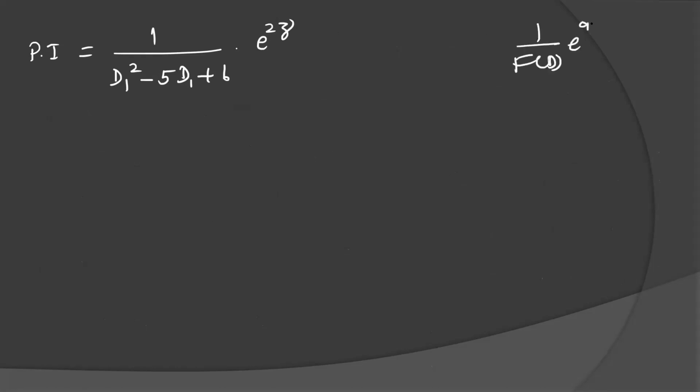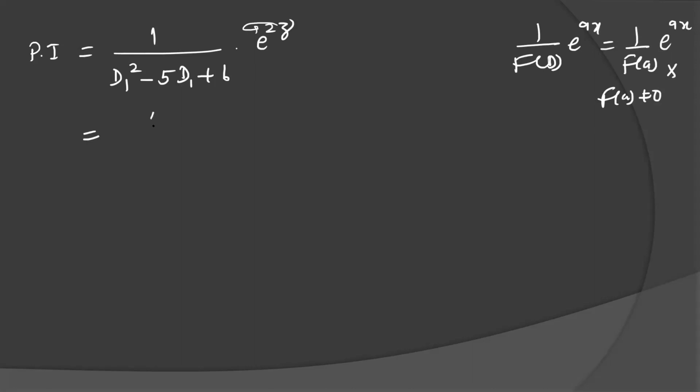Let's see the particular integral. For particular integral, we write d1 polynomial in the denominator, d1 square minus 5d1 plus 6, and RHS is e to the power 2z. So if we replace, what is the rule? I told you, if you have any f(D) into e to the power ax, particular integral is 1 over f(a) e to the power ax, provided f(a) is non-zero. Means just replace d by the coefficient of x. Here you have to replace by the coefficient of z, that is 2. If you replace 2 in the place of d1, your denominator 4 minus 10 plus 6 is going to be 0.